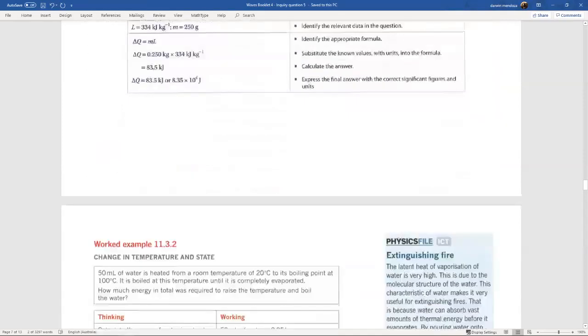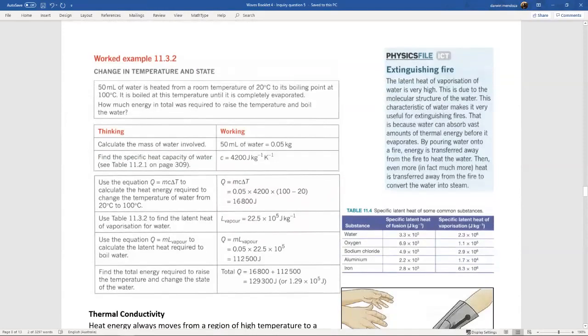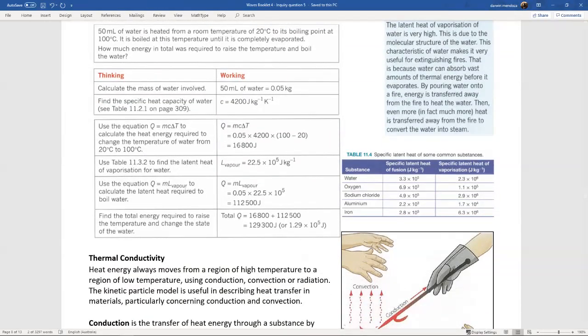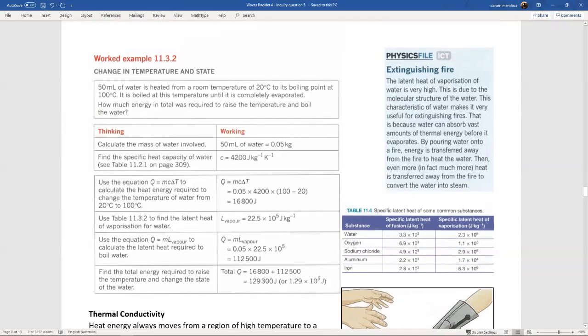Okay. All right, moving on. So we've got another example. This is an example where you do two calculations in one. So we have 50 mils of water heated from room temperature at 20 degrees to boiling point at 100 degrees. So I've had to add energy to heat that water to 100 degrees. Once I get to 100 degrees, I'm boiling it off. I'm changing its phase. So I'm going to have to do another calculation to see how much energy I need to add,